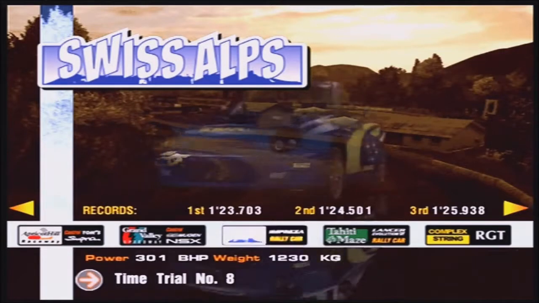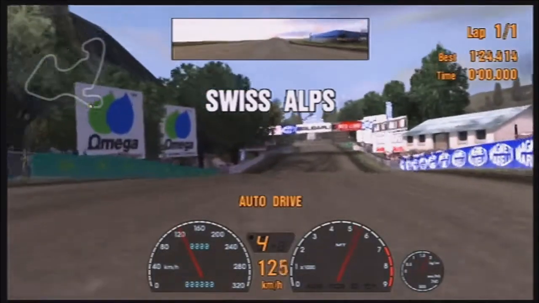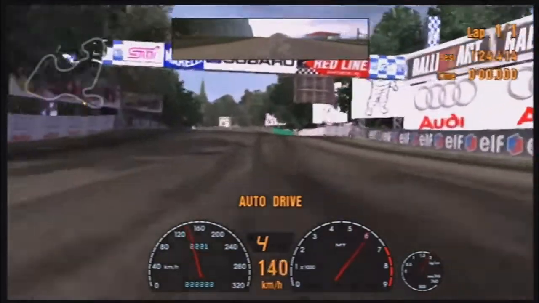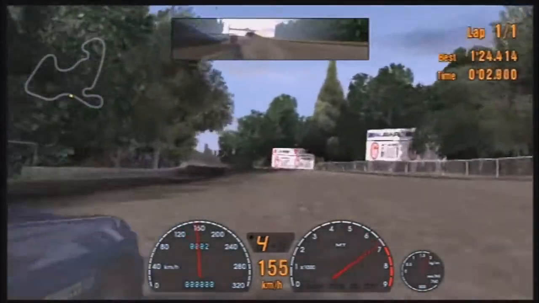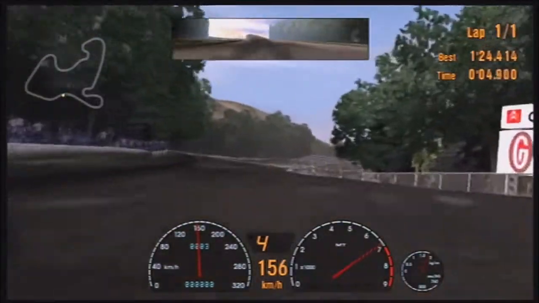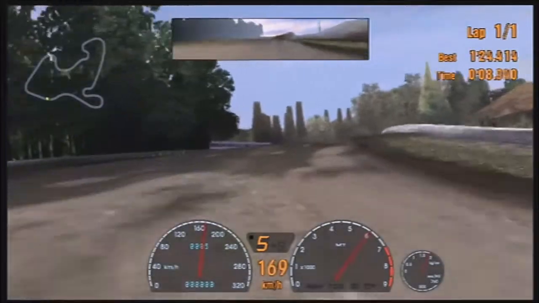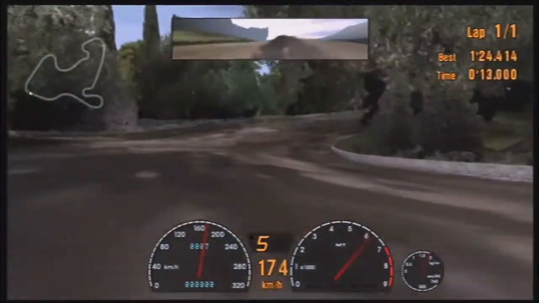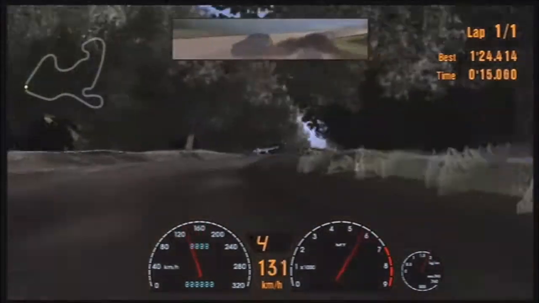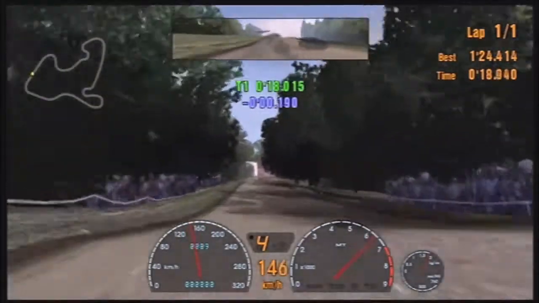Swiss Alps with the Impreza prototype car, 123.7. This one is quite difficult, actually, I will say. Sort of, with the way rally tests are in this game, you'd expect this one to be, you know, relatively easy, but no. It's no fault of the car. The prototype Impreza is a very usable rally car, probably one of the best ones in the game, save for, of course, the Escudo. It's just, you have to get everything right on here,